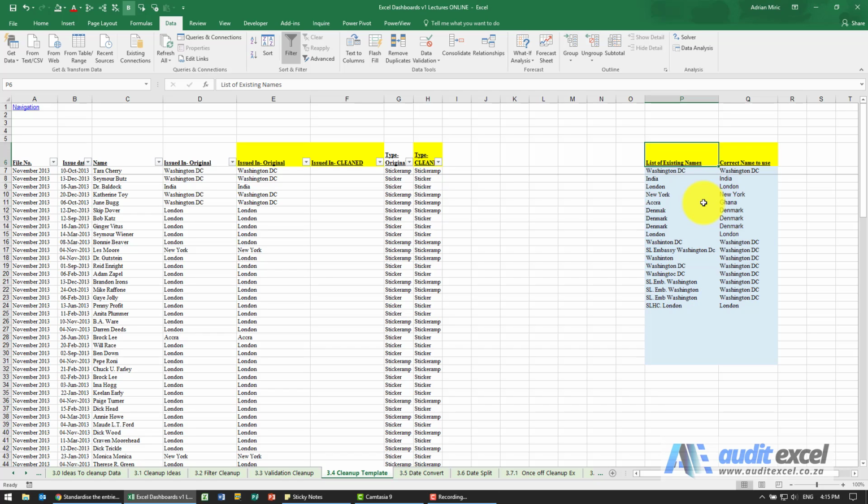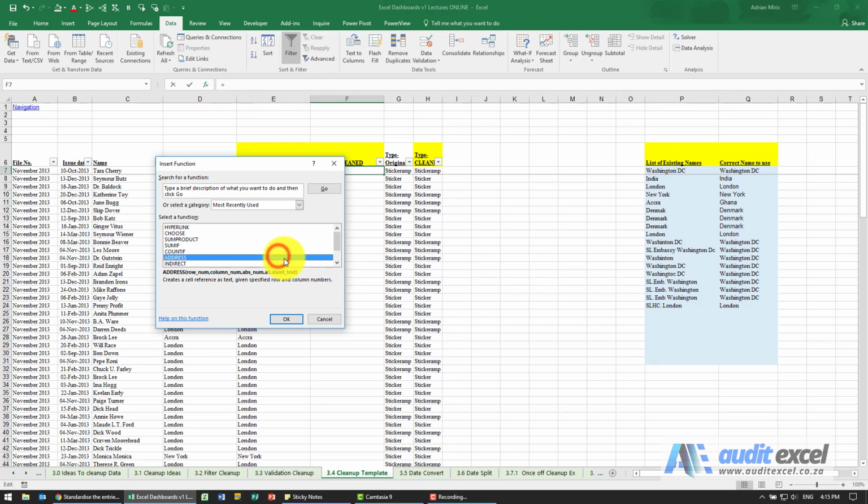Now that you have it set up, what you can do is use a VLOOKUP to introduce a column that is the clean data, the one you want. Now you'll notice that we leave the original in. It's always useful to have the original, just in case it's a mistake. But for now, we just want to create a VLOOKUP. So we're going to say,